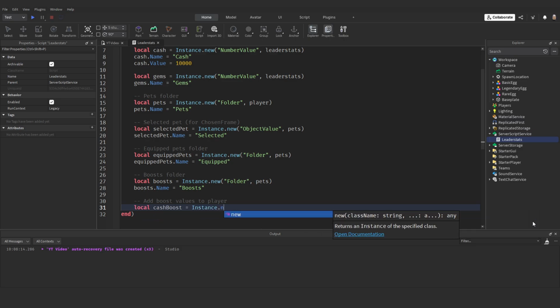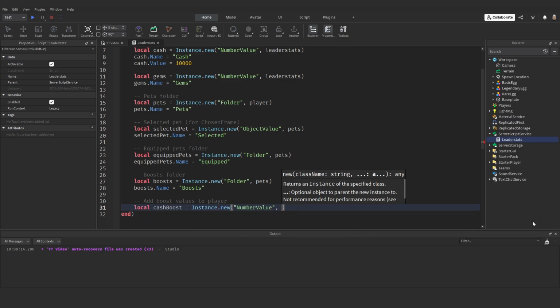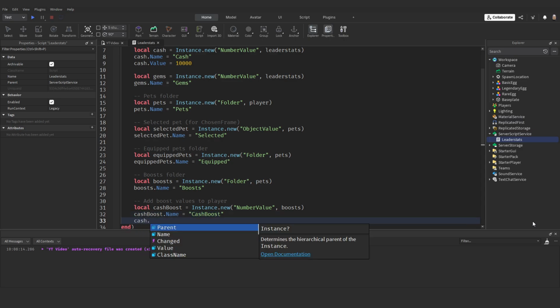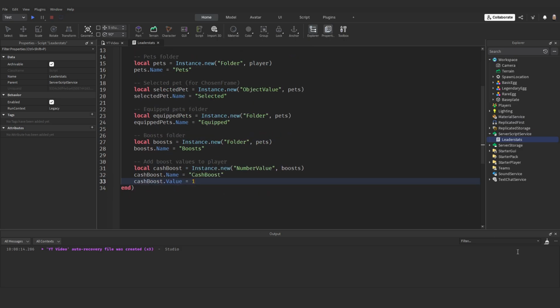Now let's add the boost values to the player. So local cash boost equals instance.new, a number value inside of the boosts folder. This one should be a number value because cash, for example, you're going to have a 1.4 times multiplier. Unless you're having proper integer multipliers, so 2 times, 3 times, 4 times, if you're not having any decimals, you can use an int value. If you're having decimals, you need a number value, or it will just round it. CashBoost.name will be equal to cashBoost, and